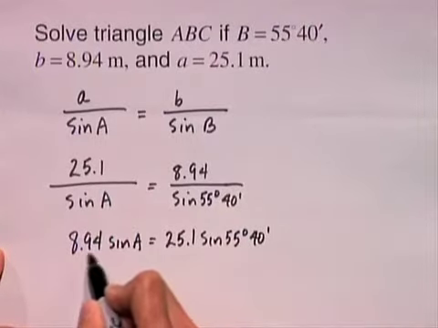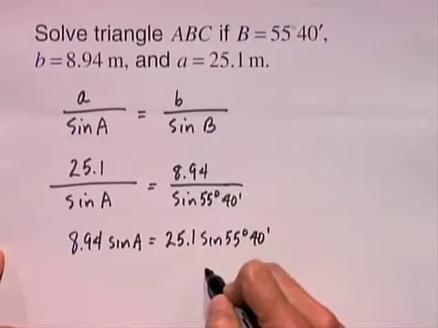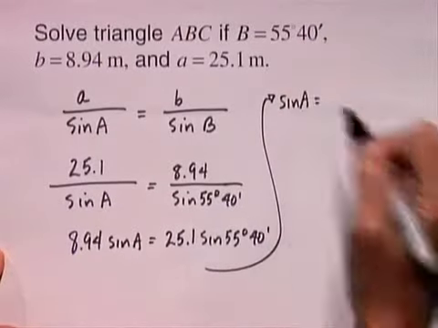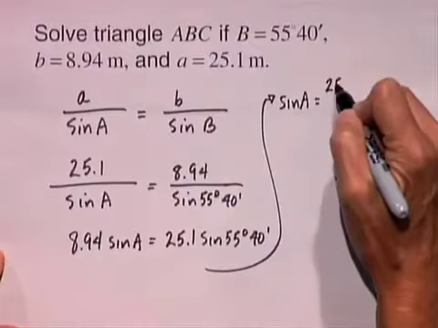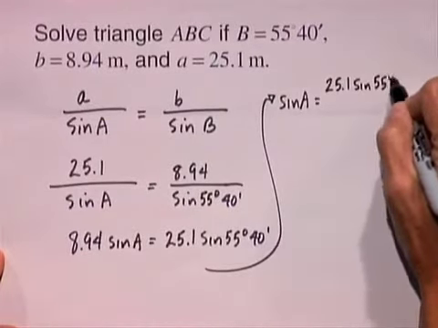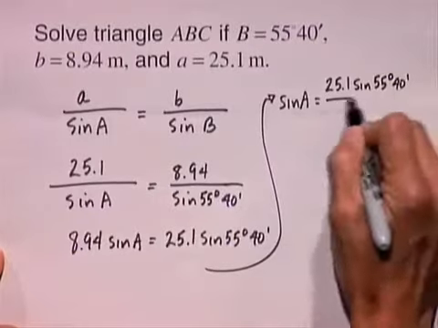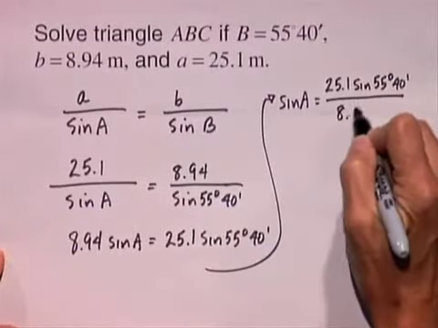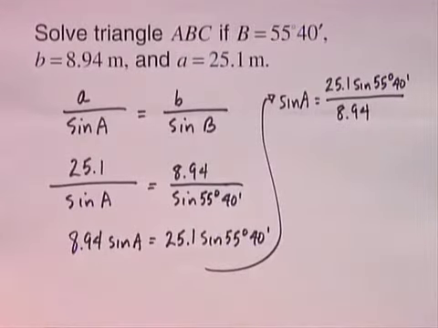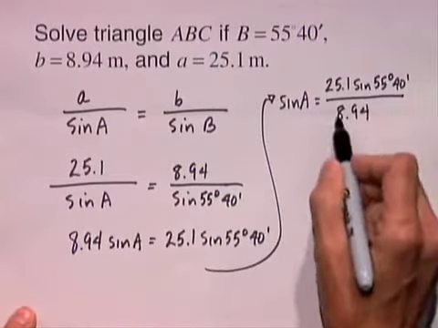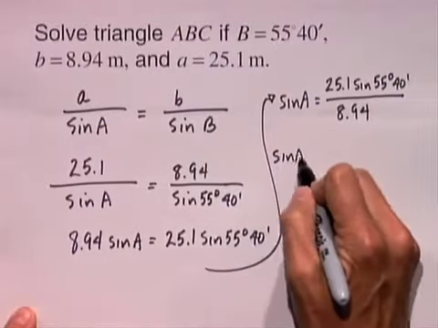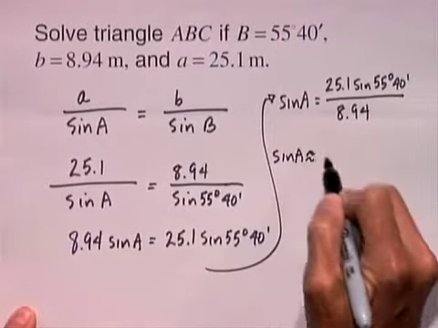I'll isolate sine A by dividing by 8.94. So sine angle A is 25.1 sine 55 degrees 40 minutes divided by 8.94. At this point, I want to pick up my calculator and calculate this value. If you do so, you'll see that sine A comes out to about